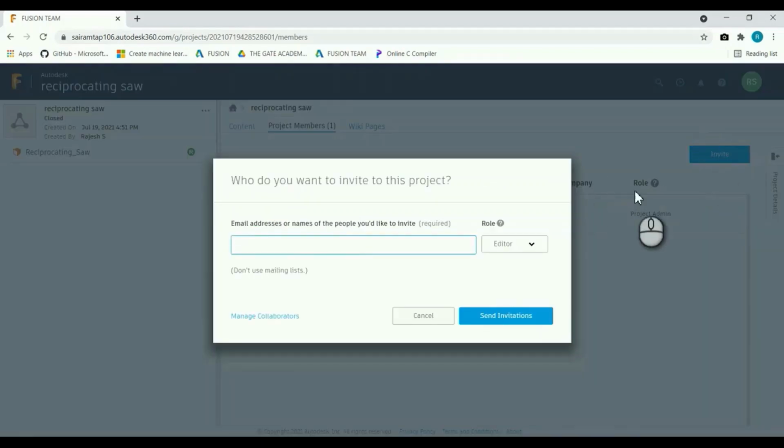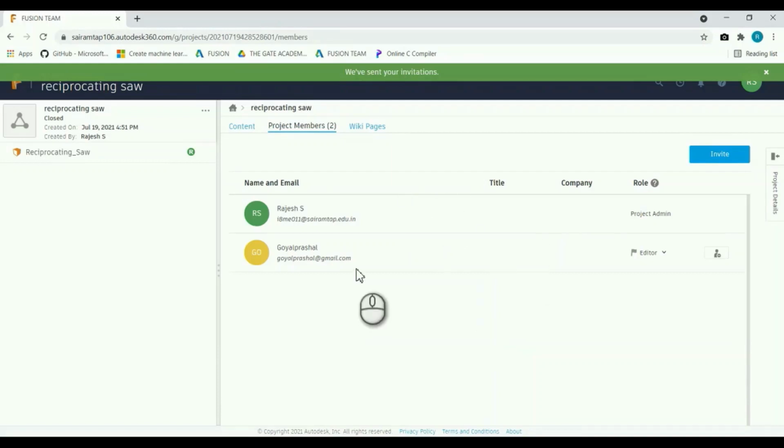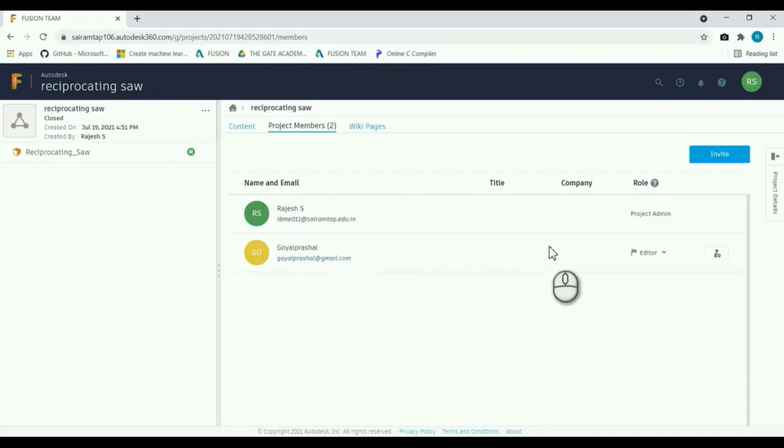In this you can also invite. For example, I invite one person and enter her Fusion 360 mail ID. After that, there is a role available. You can give viewer or editor. I give editor and send invitation. After that, the invitation will be sent automatically. Then he will be a project contributor for this project only, and I can also remove him by clicking this, and I have also changed him to viewer. As a viewer, he can't edit our project.